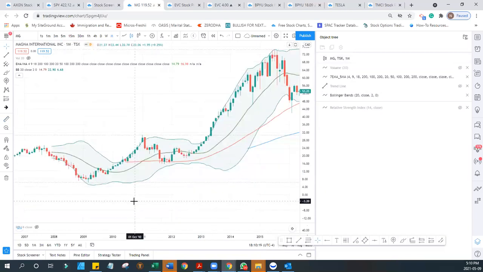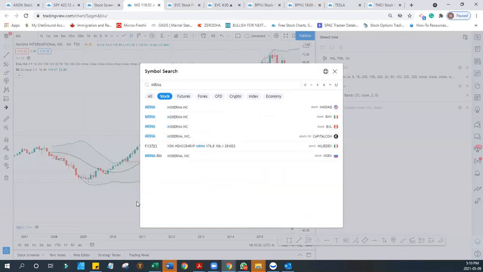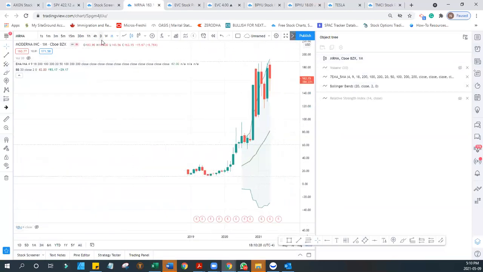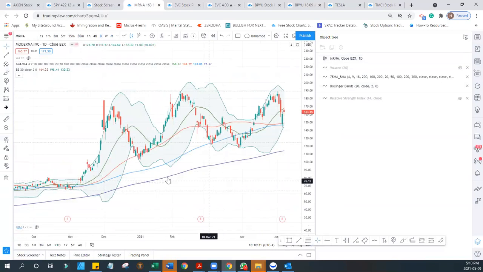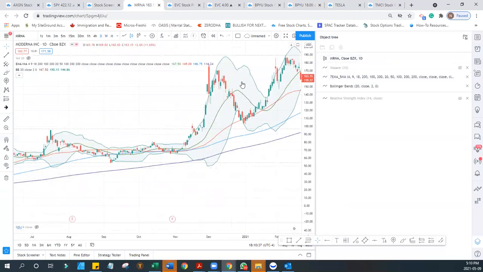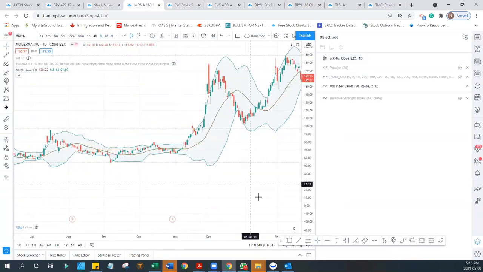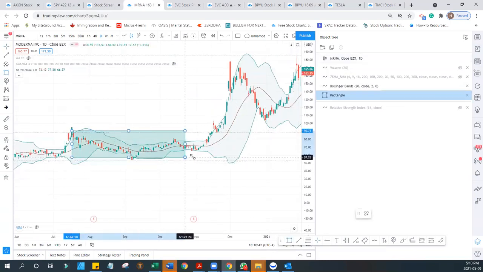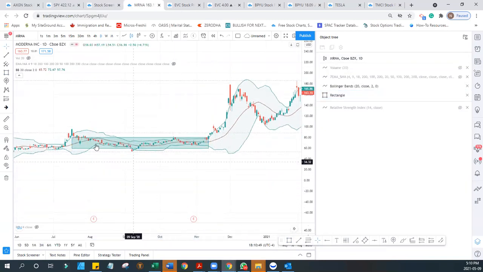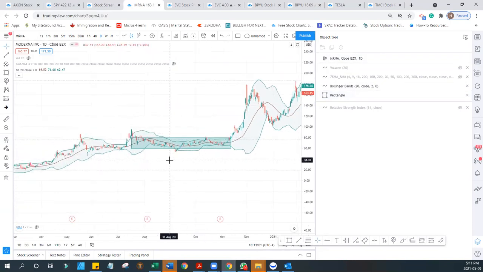Could we take a look at mRNA? You remember mRNA also made a massive uptrend last year, from like 10, 11, 12 bucks all the way to 190 bucks. Yeah. So this is on a daily. Even for the daily, look at this one. I'm gonna turn off this mobile. Look at this, what happened here. The price went into consolidation on the daily time frame, from 22nd July to the 9th of November, 3 months. People were gathering the Moderna. And then once you break it,